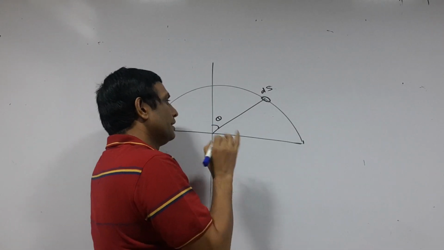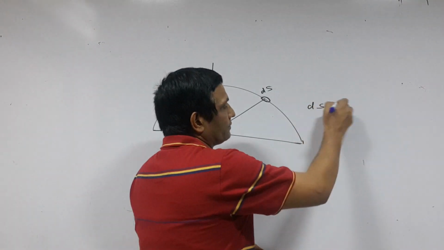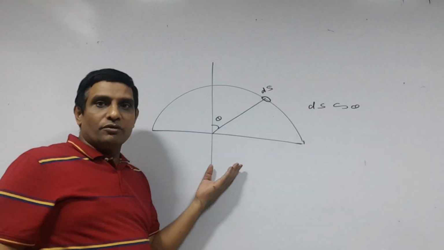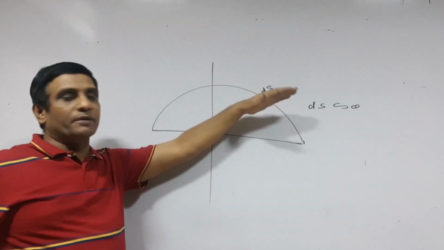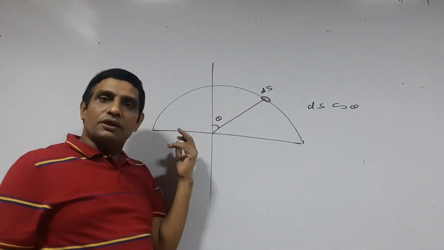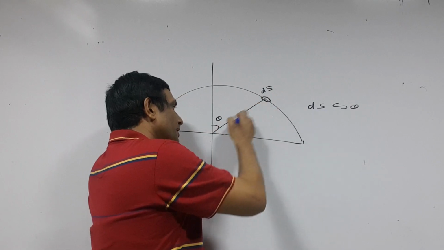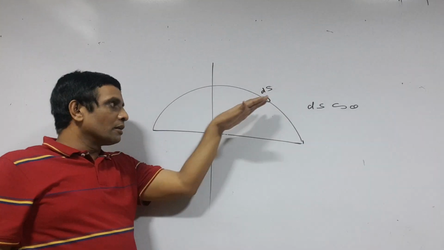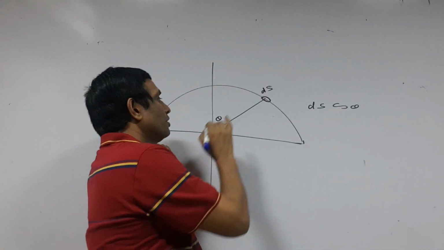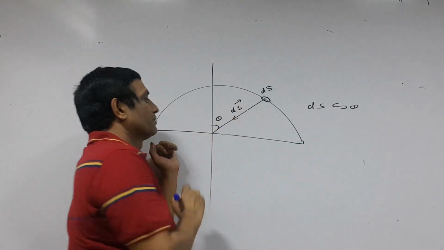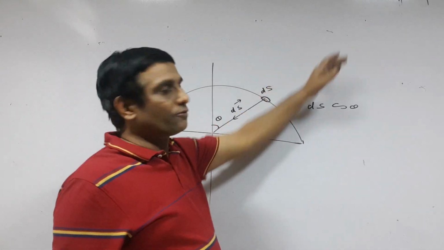Now, if you want to get ds cos theta, as we know, the direction of area is perpendicular to the surface of area. Here the radius is perpendicular to the surface of area. So this is the direction of area vector ds. The direction of ds area will be in the direction of radius. So this is your ds vector. You can take this vector in this direction also, outward also.